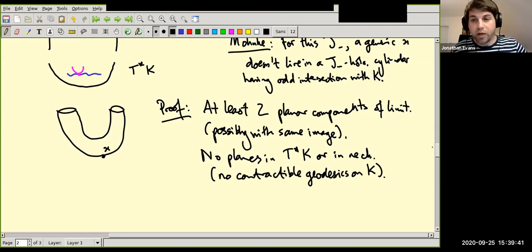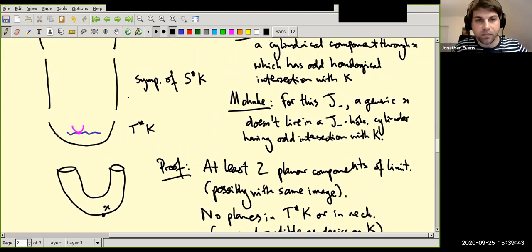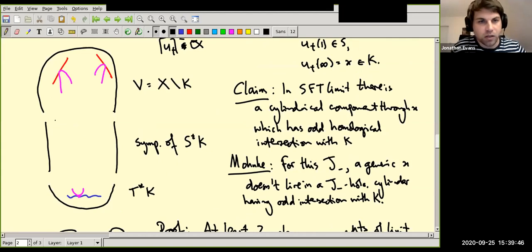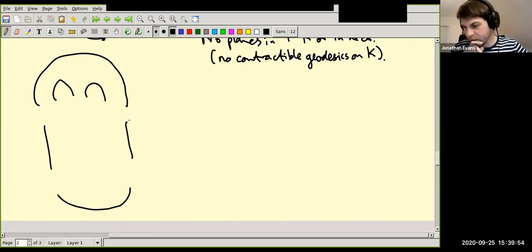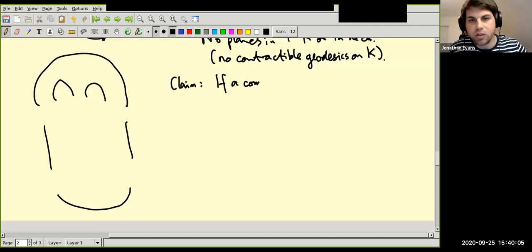Okay, so that means all the planar components have to be up here in V. Let me redraw the limit. So we have to have at least two planar components up at the top. Okay, next claim, subclaim. If a component in V, this top bit, doesn't pass through either of these spheres, then its area